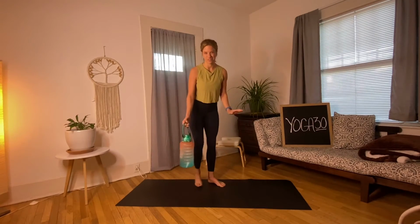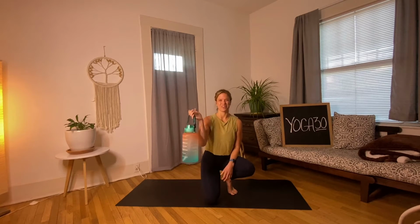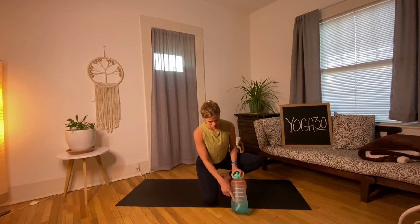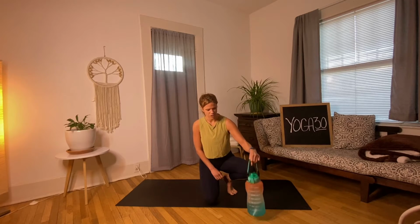It's a really feel-good movement. Wanted to bring my new awesome water bottle that my sister got for me. Thanks, Rachel. It's a whole gallon and it has inspirational words for every couple hour block to just keep going, to keep drinking water so that you can drink one of these every single day,